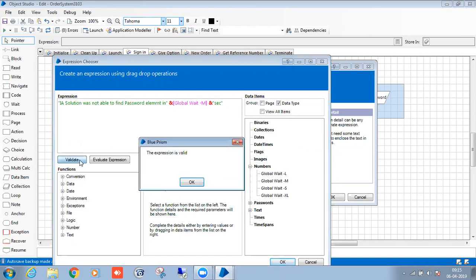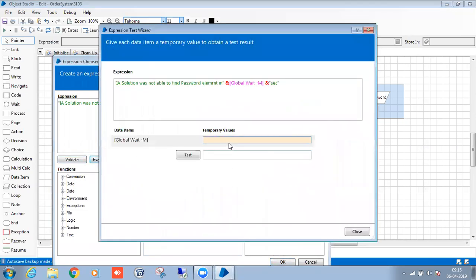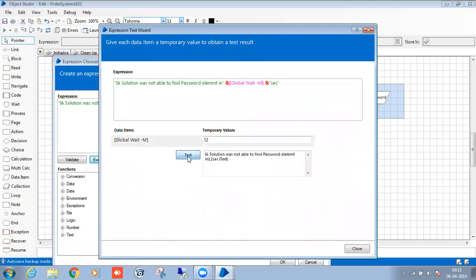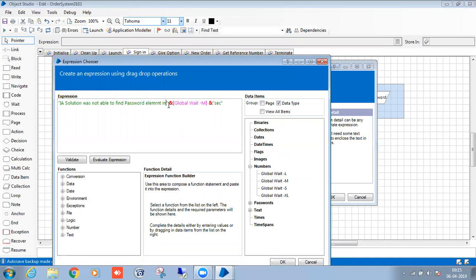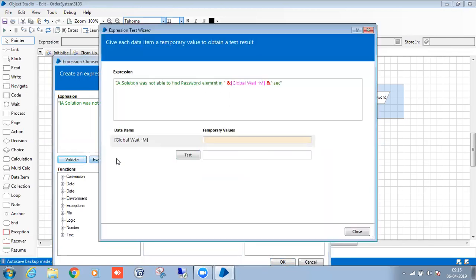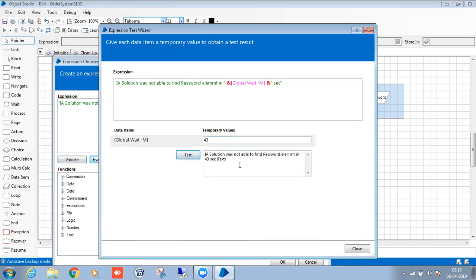That's it. Valid, valid. So if my value is 12, so my exception reason is like this. If my value is equal to 15, so the exception reason is like this. So it will give us some space here. So like this.